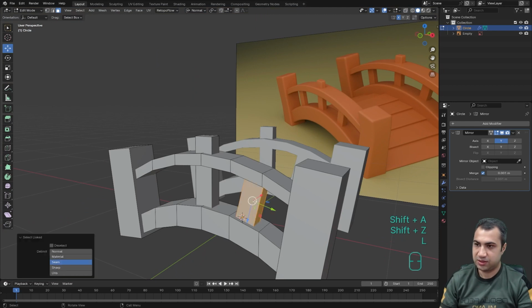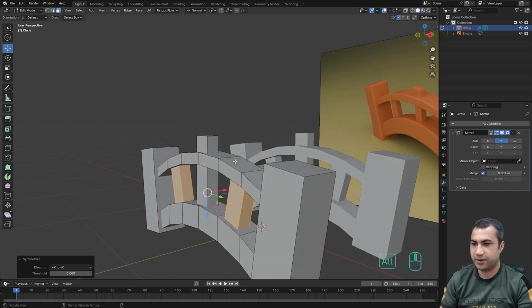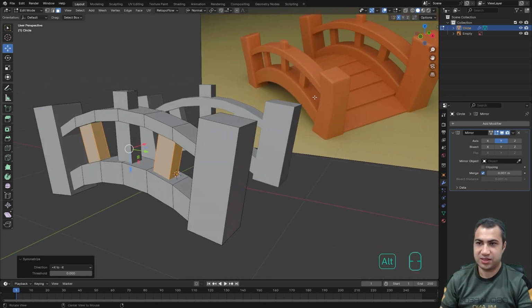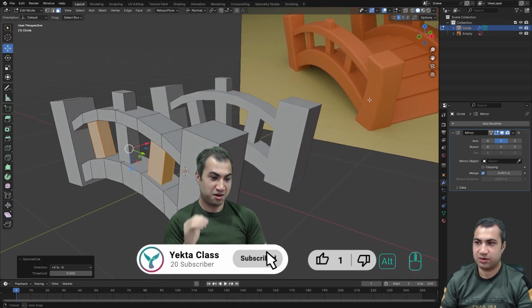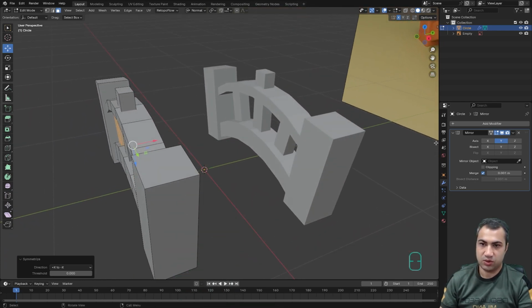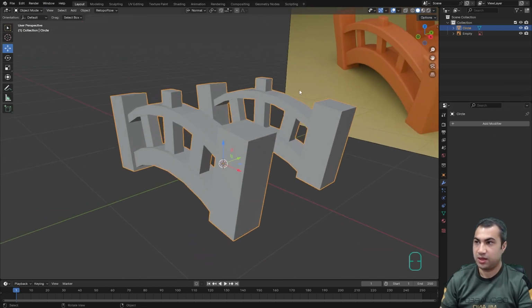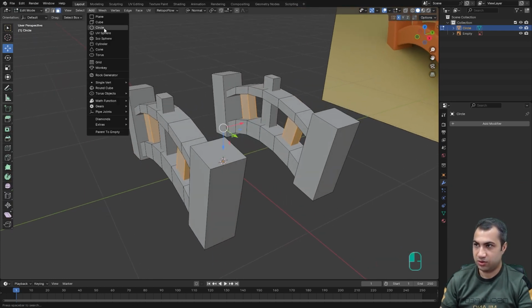Then I can press on this column and once again mesh symmetrize. Okay, and what's left is these steps, and these steps also can be created by the cube. But before that I need to apply my mirror, so I go to the object mode, click on this arrow and press apply, and then I go to the edit mode again, add another cube,